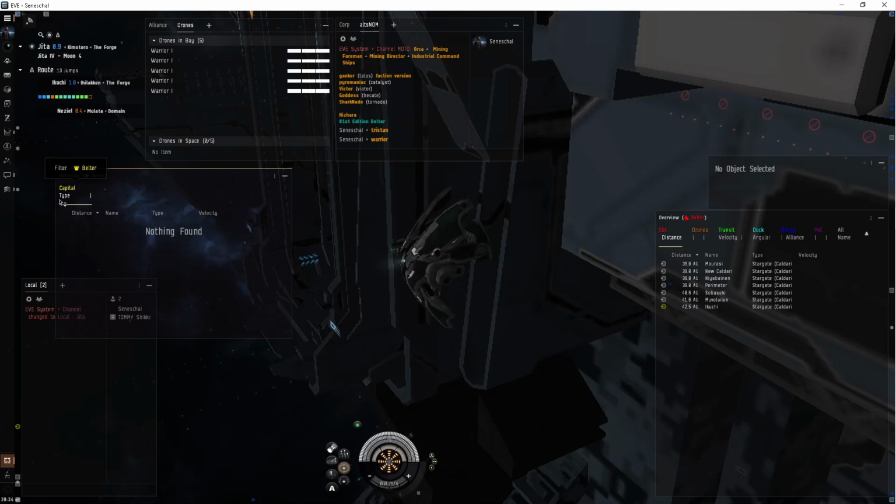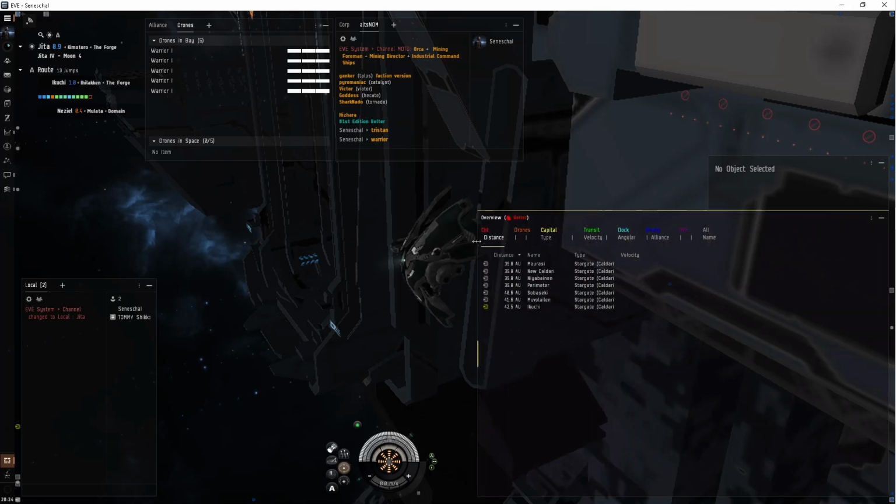But I wonder, I could just ignore it or make a new overview. No, that wouldn't work either. Like, maybe. Now it said that it'll remember different column stuff. So combat, right? If I'm combat, I'd want to see angular, right? And